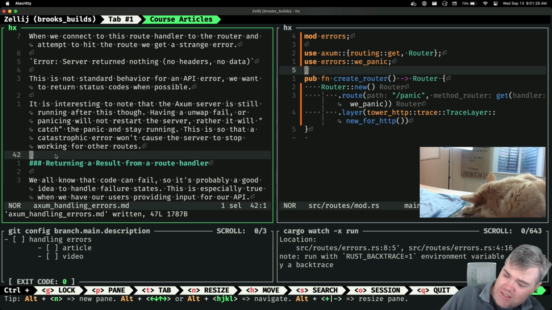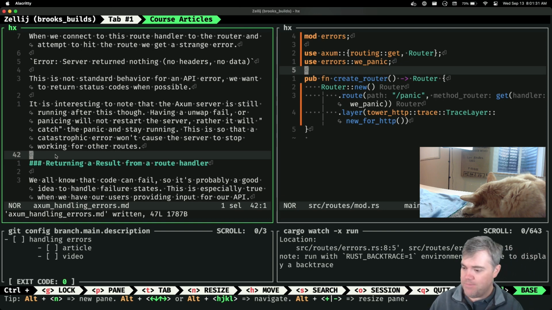Now, this is also interesting because sometimes, and this is something I hadn't really thought of before, you want your server to crash hard.